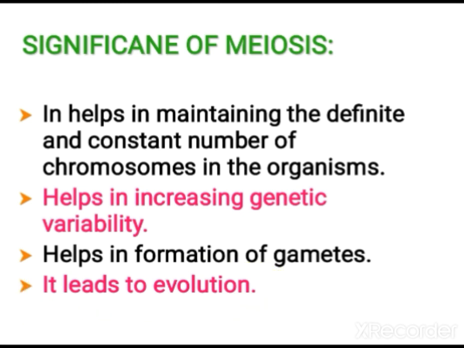They can survive better because variations are there. According to natural selection, the species that show better variations are selected by nature. Okay children, that is called survival of the fittest. For that, variations are needed. So one reason for the production of variation is this type of meiosis during gamete formation.